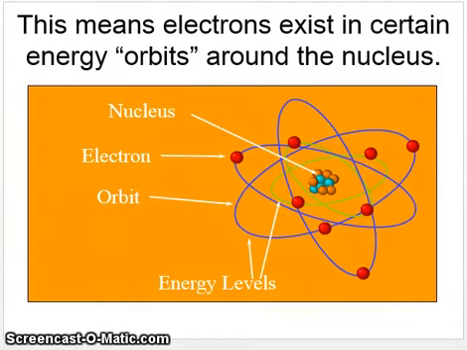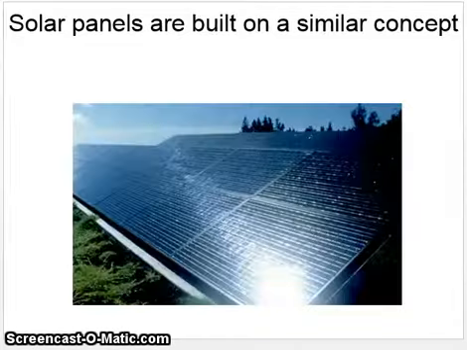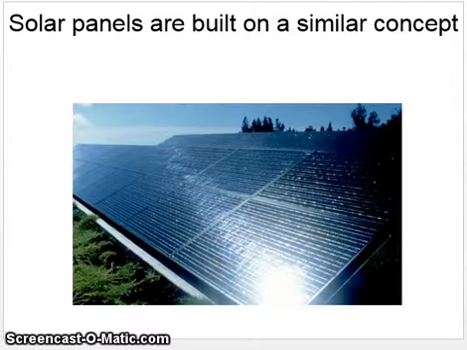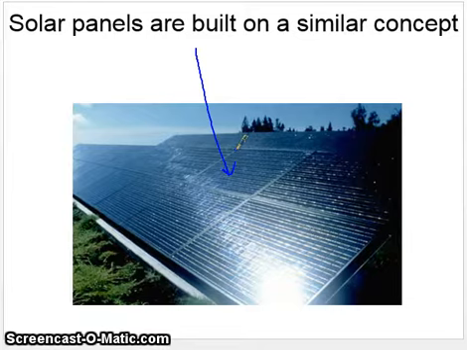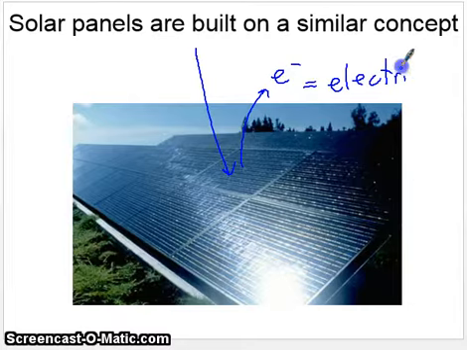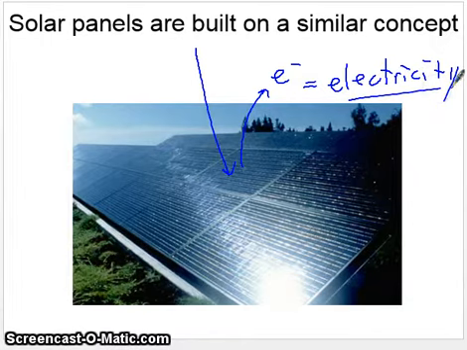Now, there is today technology that's built on this. In fact, solar panels are built on this idea. Light from the sun will hit the solar panels and eject an electron, or remove an electron. And that electron, as it's ejected, creates electricity. So the solar panels are a way to convert light into electricity. You know that electricity is essentially the movement of electrons, or caused by the movement of electrons. So this is a very important technology that's still being developed, that the world is hoping to use for our